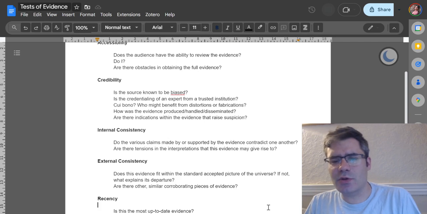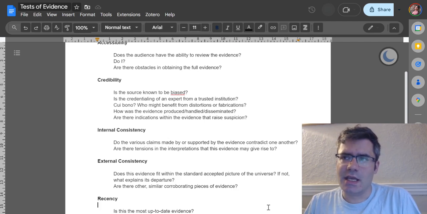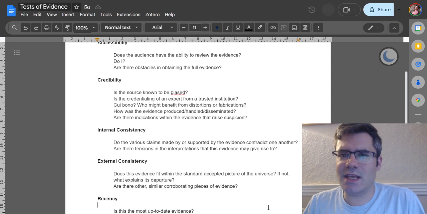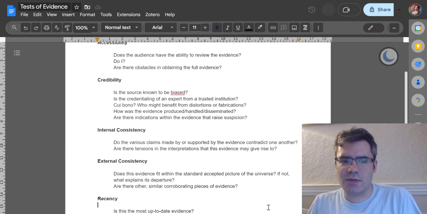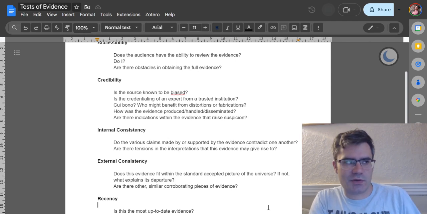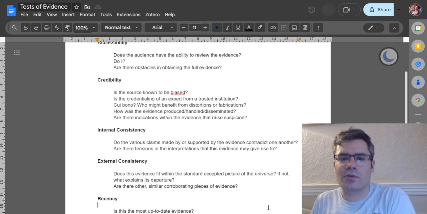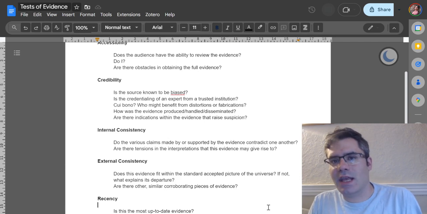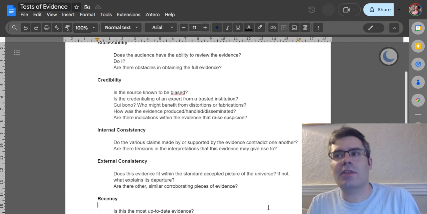How is the evidence produced or handled or disseminated? In a legal court, the question of evidence often involves a question of the chain of custody. Who handled this evidence? Was there a chance that someone may have tampered with it along the way? Is there documentation that shows that it was carried from the place where it was first discovered to the courtroom? Now, that standard can't always be the standard for a public controversy, but things like that of